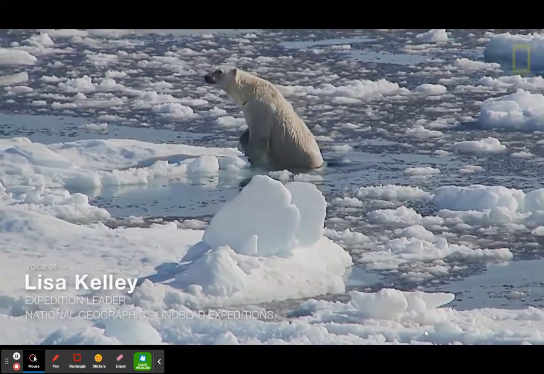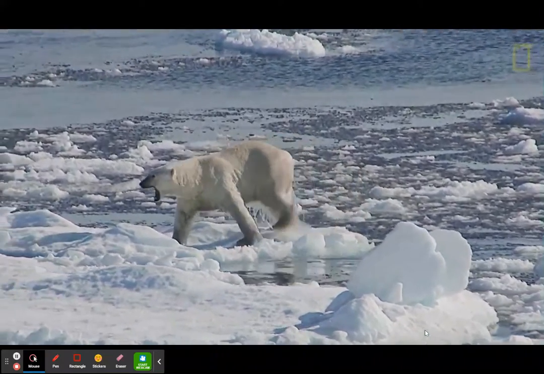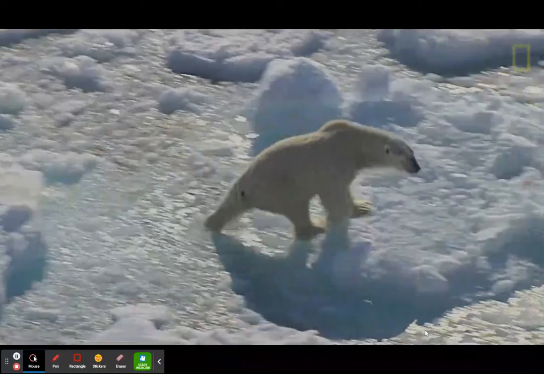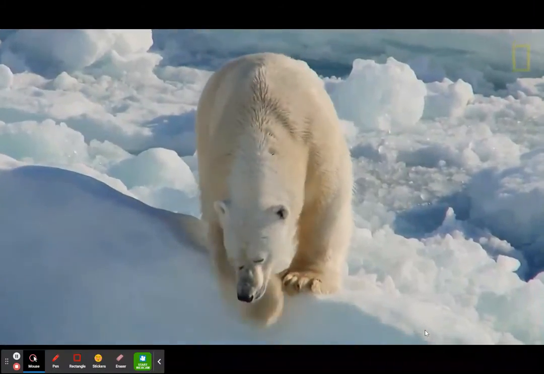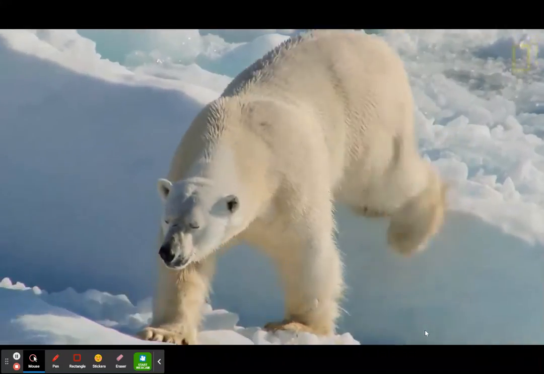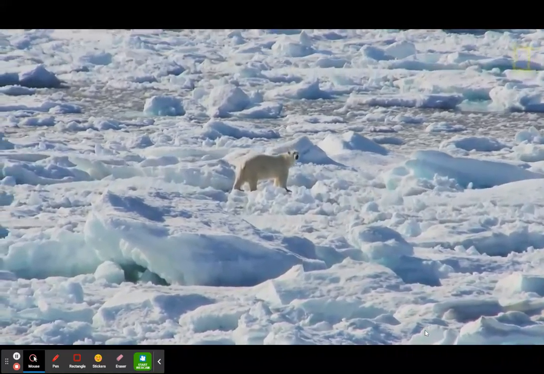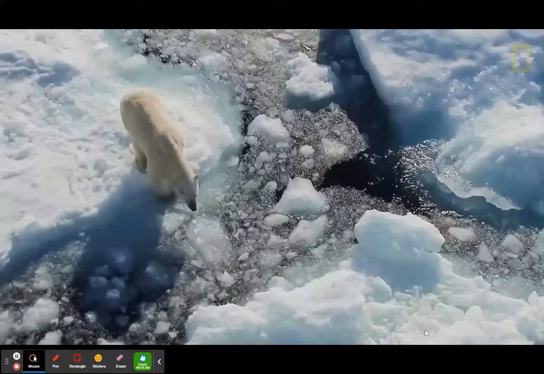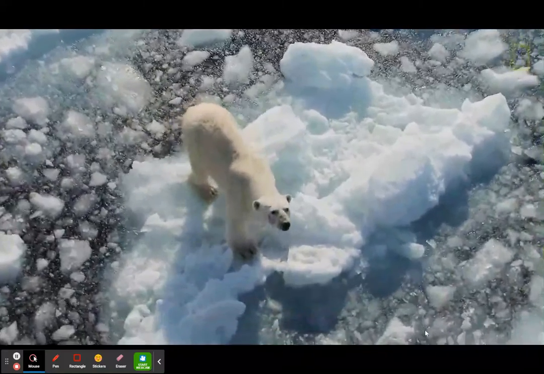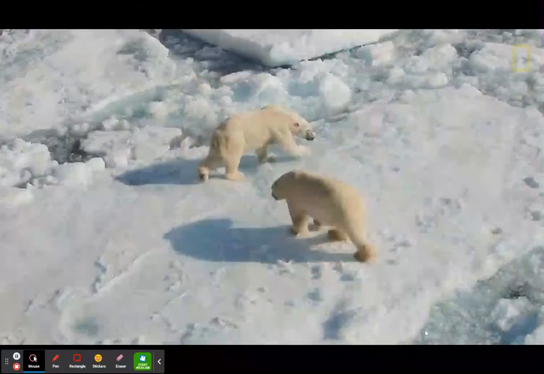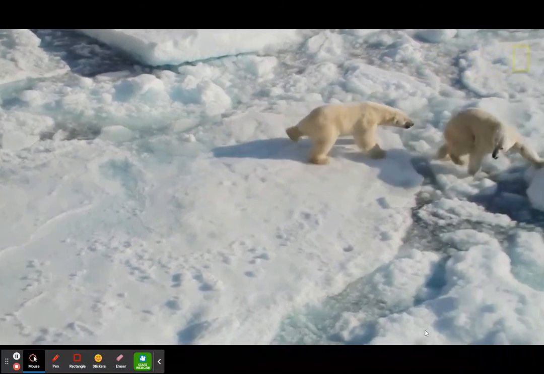As we move deeper into the ice, we're getting amazing views of these polar bears, just one after the other. It's an incredible privilege to see polar bears in the wild. We have a tried and true technique using our ship to be very, very quiet as we move up onto the bears. Our main goal is to make sure that we do not disturb them. If they are interested in us, they come to us. We want to make sure that we are visitors in their habitat and seeing them in their completely natural setting.